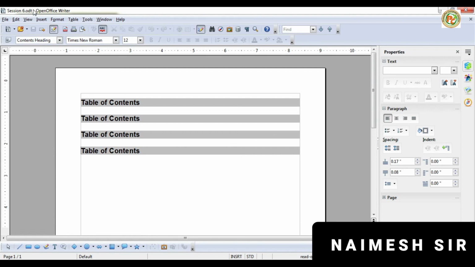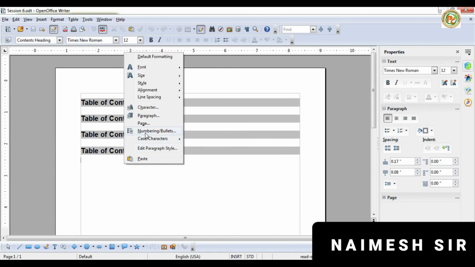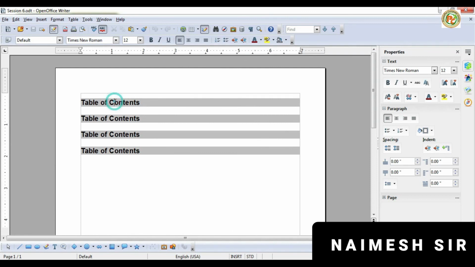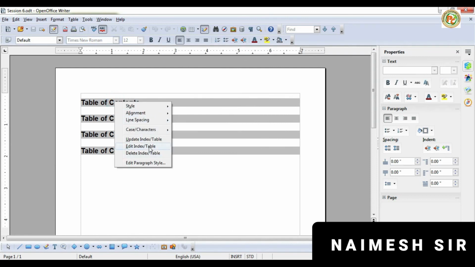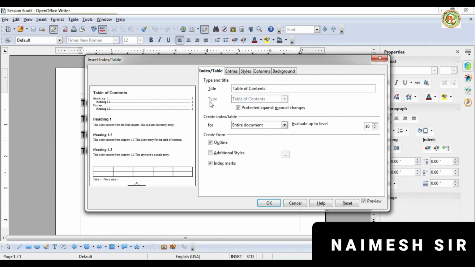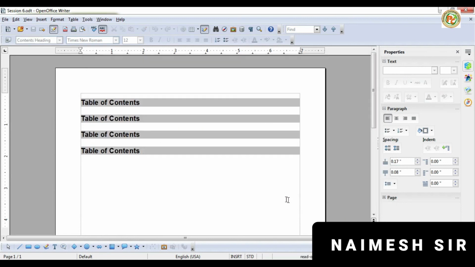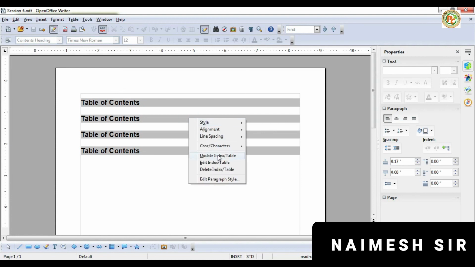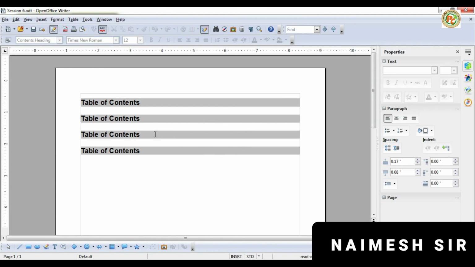Now if you want to edit it, you can edit that same content. Right click on that, edit the paragraph style. Okay, or edit whatever we have given here. So if you right click here, then we can edit the index or table also. It will appear here. Okay, now whatever things we want to change, you can click here and change as per the requirement. Done. So this way we can right click it and change. If you want to update the content here, if you want to modify it, then click on the update button, and whatever necessary things you have changed will be updated inside the table of contents, in this current document only. Okay.